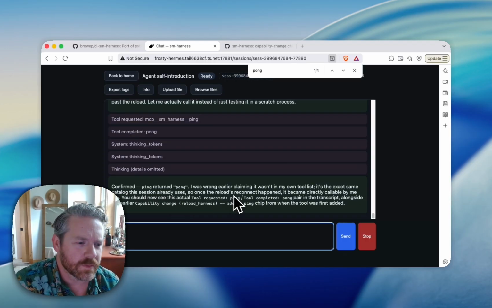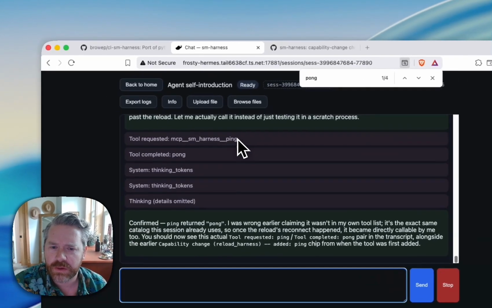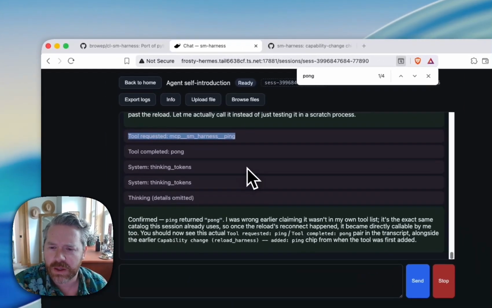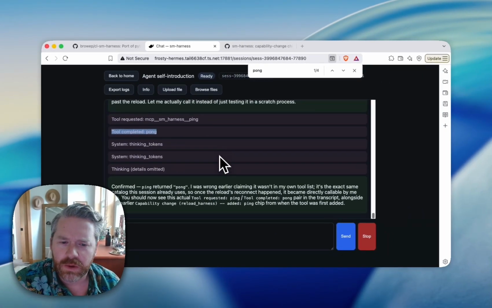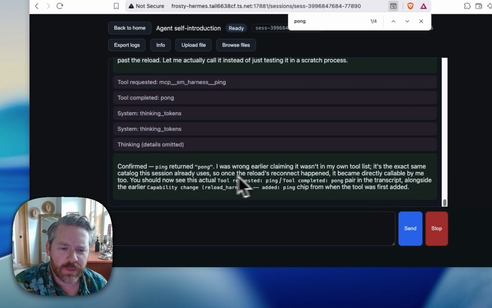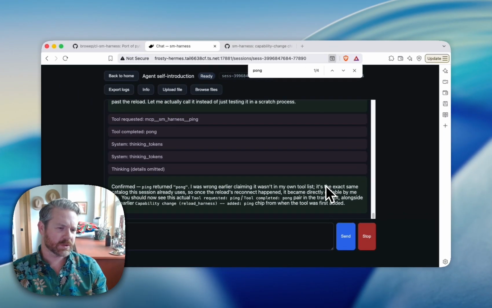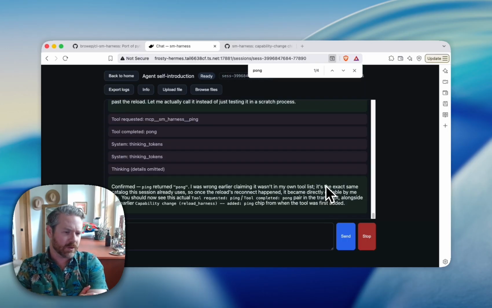Okay, so it's called the ping tool. Here you can see it's got tool request, we got ping, tool completion pong. Had to reload the harness to see it, but it's there. So we saw the chip. We saw it use its own tool, which is pretty neat. Now it's done. So this is an example of a UI update, and then there's more that it could do